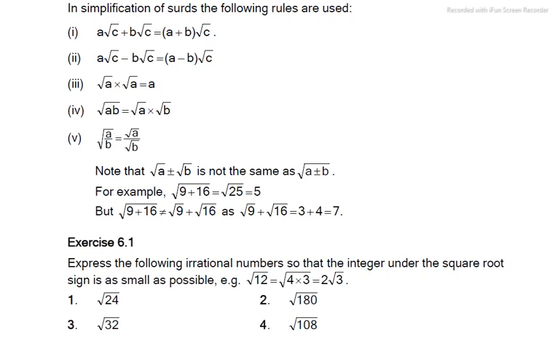The other one is different because in the first one 9 and 16 were under a common root, but in this second one they are having different roots, so they are not the same, and therefore we shall work them out separately. For instance, root 9 is 3, root 16 is 4, and when you add the two, you get 7, not 5, as we've seen. So we must note